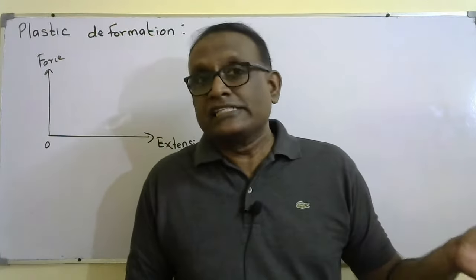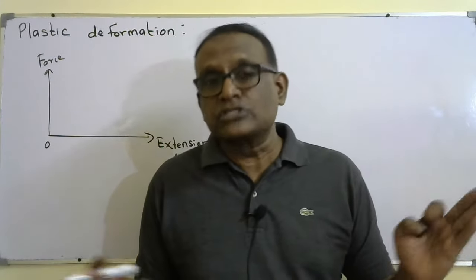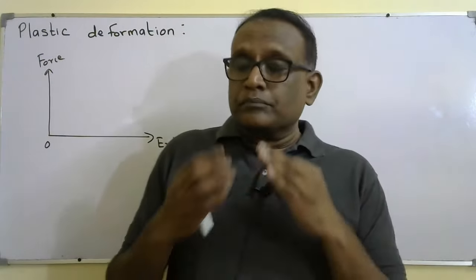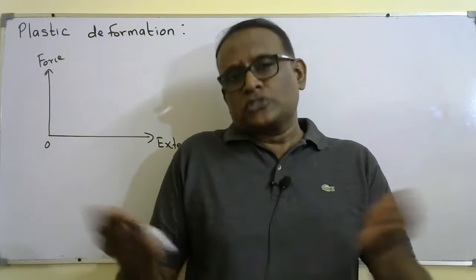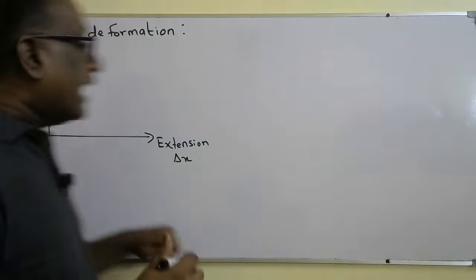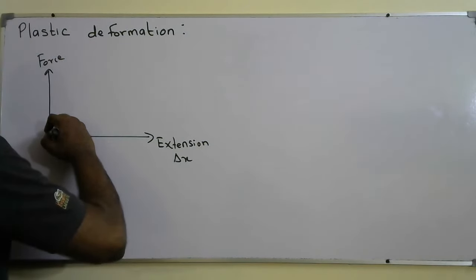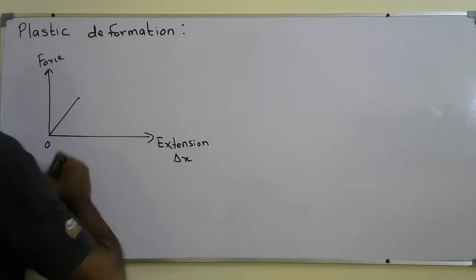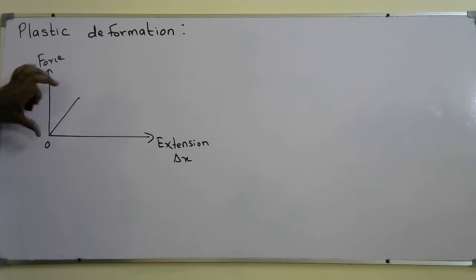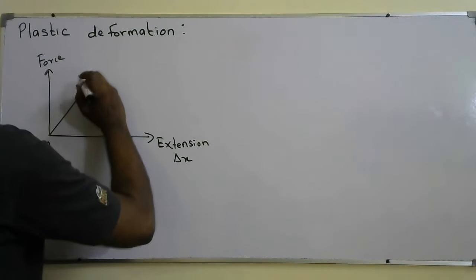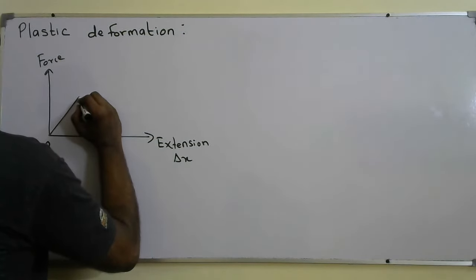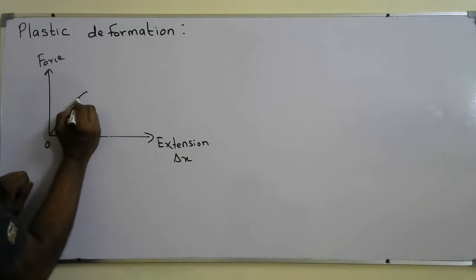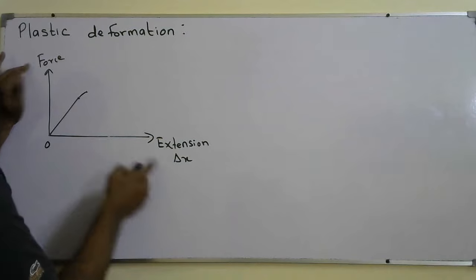even when the deformation is elastic, there could be two different types of relationships. Say for example, there are materials, like almost all springs and metal wires, whose elastic deformation obeys a straight line, up to a particular limit of force. Beyond that limit, they will start to curve, but still, if you apply a force, they extend and return to the original shape. So only up to a certain force, the graph of force against extension will be a straight line, or